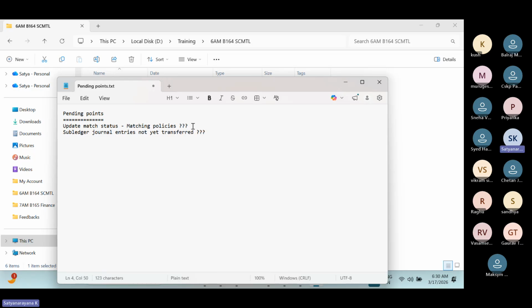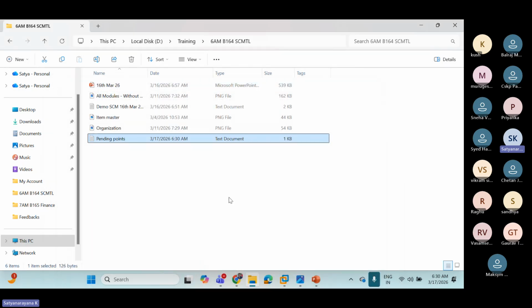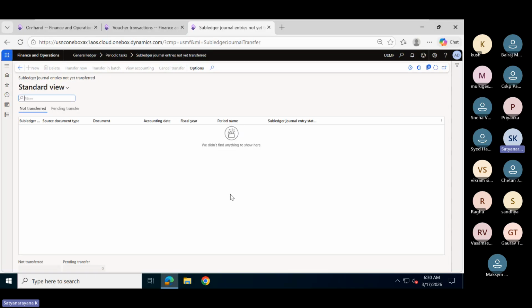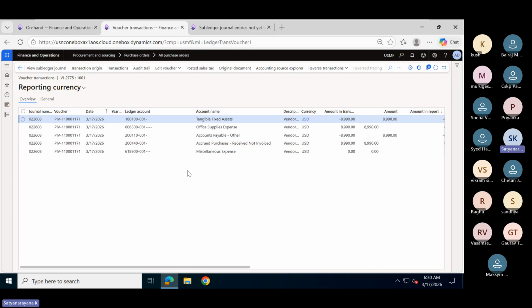So what is this? 5th week you are going to learn, because I need to teach you this one for finance and supply chain management together, these two topics. So I'm keeping pending point. So this is not relevant for you because the voucher finance team will handle it. You are not going to do it. Simply once it is posted, that is enough.